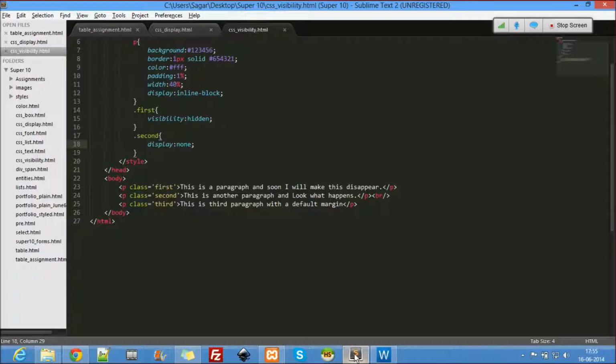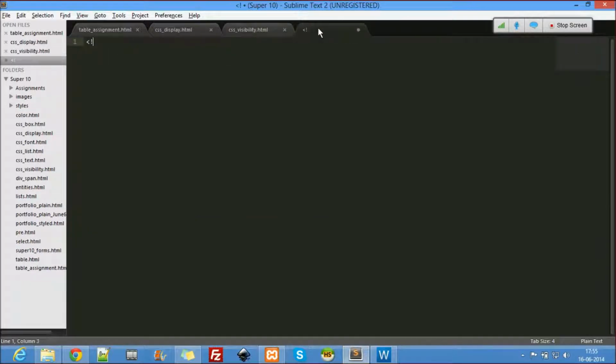So here, let's do it. Doctype HTML. Here the head, body, title: Tutors Live, Super 10, CSS, position.